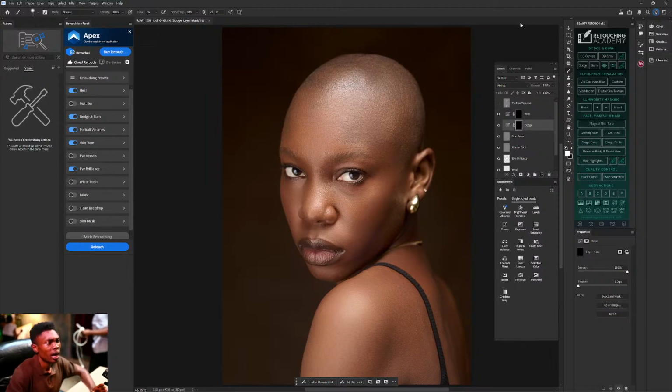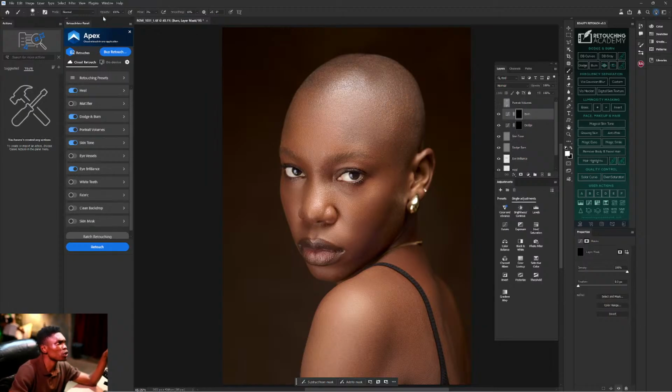So as I'm talking, this one is burn. Burn, you only use for the dark part of your image. Dodge, you use for the bright part of your image. Every image has where light is strong, which is highlight, and where light is not much, which is shadow. So for this particular picture, I will use my brush tool, which I said is B, and I created it before. Increase my brush size.